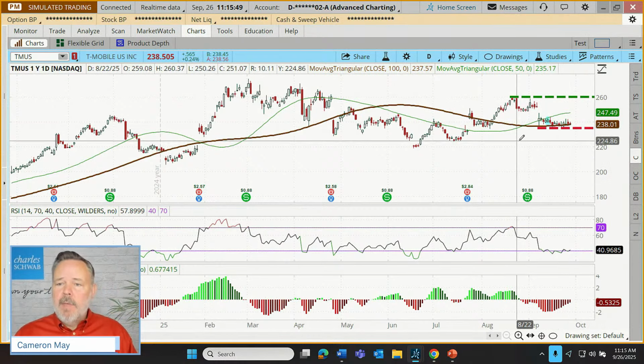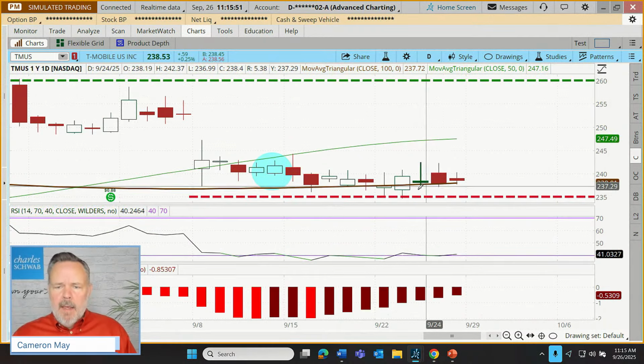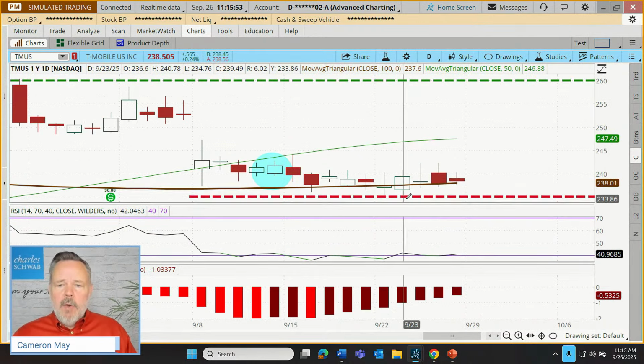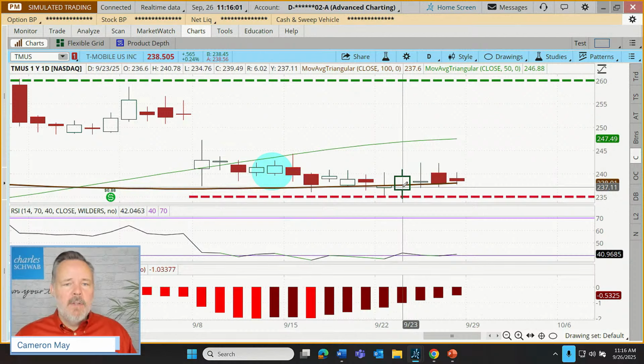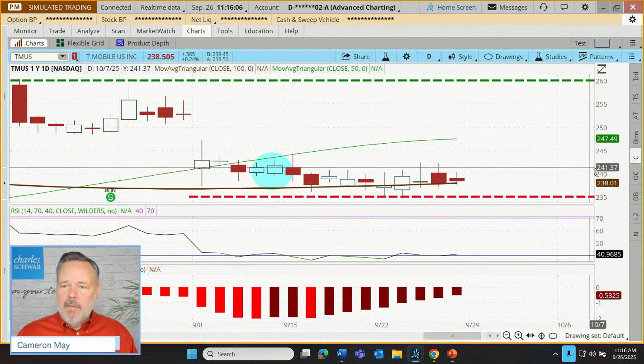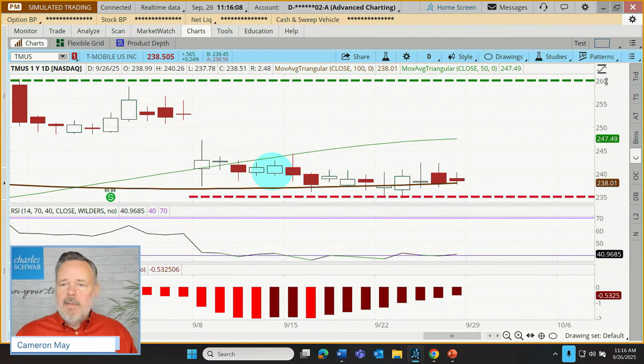So how about we zoom in here? And with the re-entry, our new low is actually down here. So let's give it maybe a percentage point or two of wiggle room below this new low of 234.76. Maybe put our new stop at 230. Okay, so exit at 260, stop at 230, entry around 238, eight-ish dollars of risk, 22-ish dollars of reward potential on this trade. Let's go place the trade.